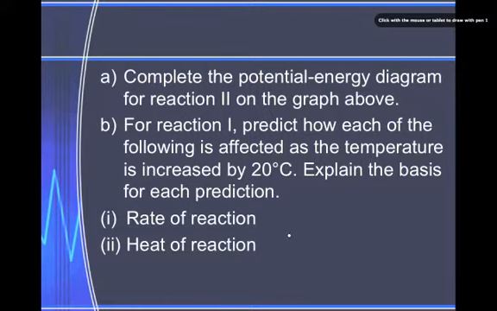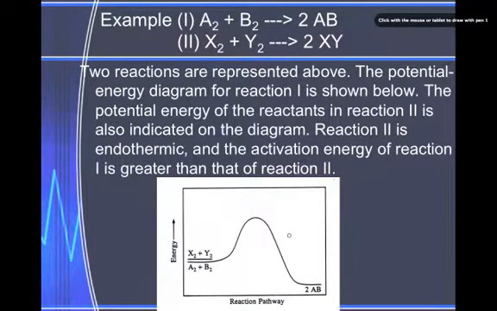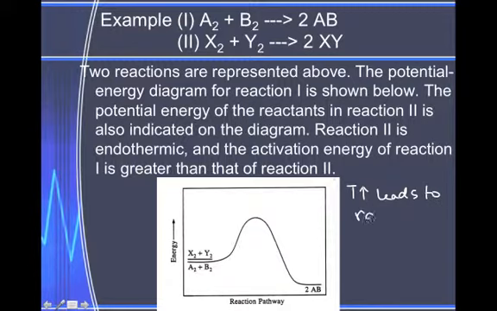So, for reaction 1, explain how the rate of reaction is affected as the temperature increases. So, for reaction 1, since it's exothermic, and every time that we have a reaction, we know that temperature increases leads to rate increases,